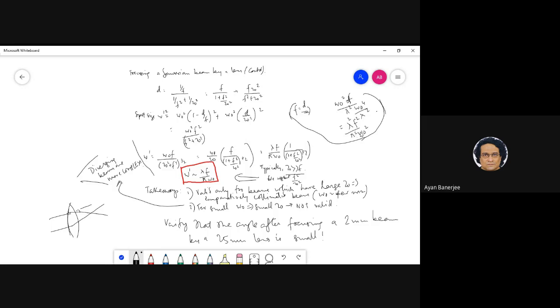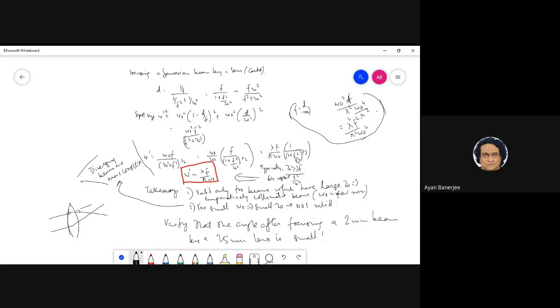Pi square. Because what assumption we're making here? Actually, we are not making any assumption here, right? The only thing that we are saying is that the actual relationship is not this. The actual relationship is something like this. This is how the waist should go. If I put it here itself, it will become... but the actual relationship is not this. It's actually this. So this is an approximation.